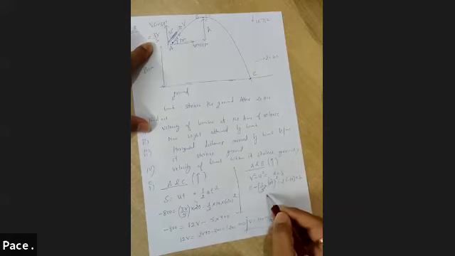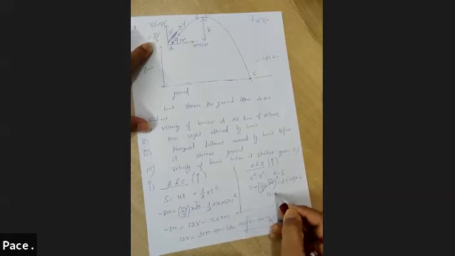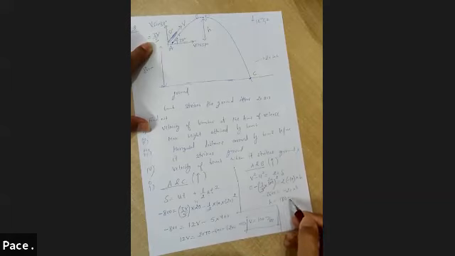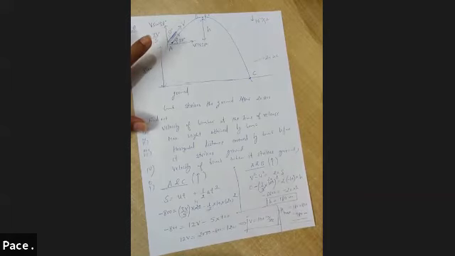So 60 minus 3600 is equal to minus 20 multiplied by h. So this h comes out to be how much? 180 meter. This small h comes out to be 180 meter. So what would be h max? H max would be equal to simply 180 plus 800. That is equal to how much? 980 meter from ground. This would be the maximum height attained by the particle.